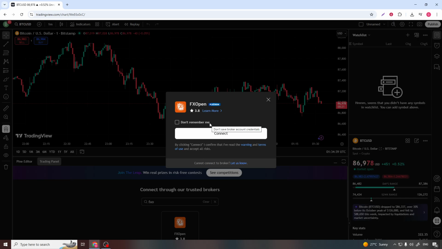Tradingview will open a small window or dialog asking you to connect your FXOpen account. At this point, you'll typically be prompted to log into your FXOpen account through a secure form. Follow the on-screen instructions, carefully enter your credentials, and confirm any permissions needed to link your account. After you've completed those steps, Tradingview should confirm that FXOpen is connected, and you'll be able to place trades and manage positions directly from your charts using your FXOpen